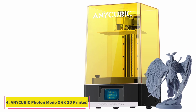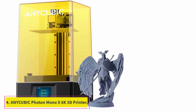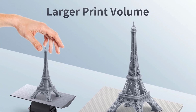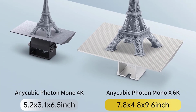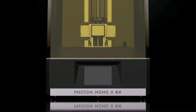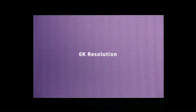At number 4. ANYCUBIC Photon Mono X 6K Resin 3D Printer. Even a 4K screen has its limitations, and if you need a larger print volume, it often means having to sacrifice print resolution. The ANYCUBIC Photon Mono X 6K is designed to tackle precisely this issue while still being a relatively affordable printer. The Mono X 6K comes with a 5760 x 3600 pixels monochrome LCD screen with a 300:1